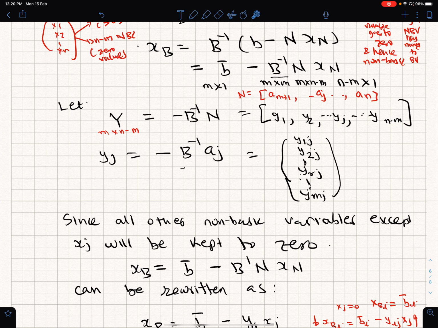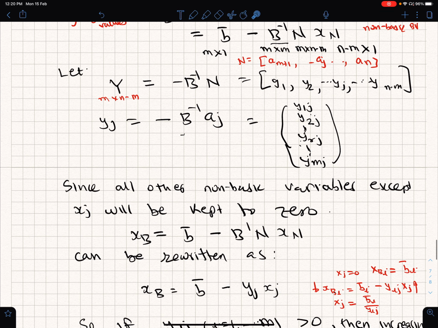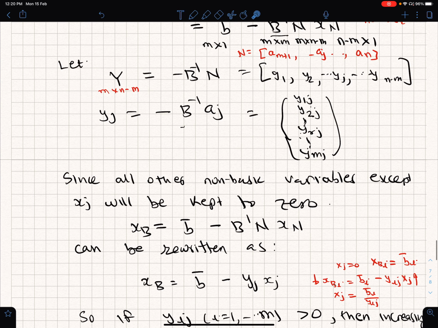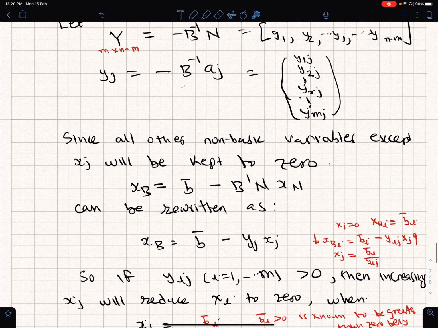I got ym. Now, corresponding to the non-basic variable which is going to be made basic now, that's the possibility we are evaluating. The corresponding column in the matrix minus B inverse N is yj, and it's an m cross 1 vector. For each coordinate, the column subscript j is fixed. The row subscript will vary from 1 up to r, and then finally up to m.